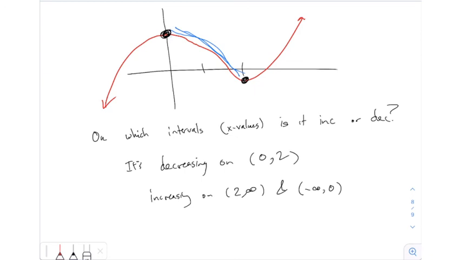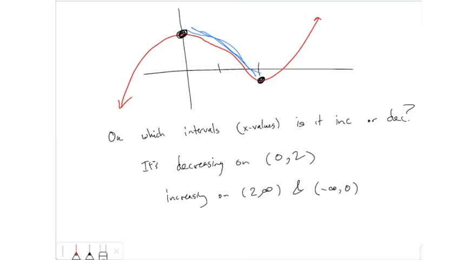I got the first one right, and then for the second one, I just didn't